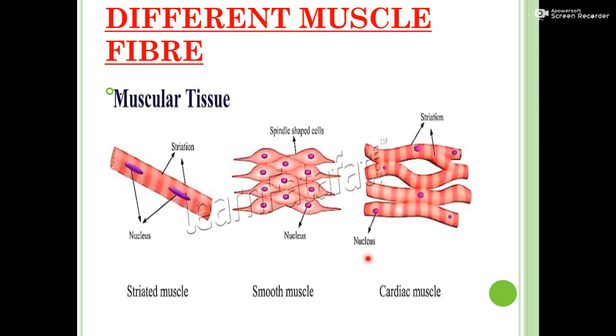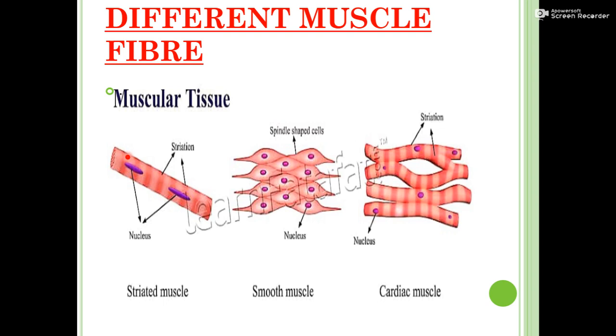It is a very important part of the tissue chapter, as per the diagram as well as the differences, and separate questions can also be asked on this topic. So it is a very important topic. This one is striated muscles.